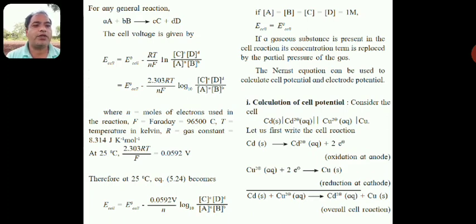Below that, copper is the right-hand side electrode, so that is a reduction. So Cu2+ plus 2 electrons. Electrons are written at the left-hand side of the arrow, that's why there is acceptance of electrons. So Cu2+ plus 2 electrons forms neutral Cu, that is reduction at the cathode. When we write the net cell reaction, we write all the species at the left-hand side of the arrow. So Cd plus Cu2+ plus 2 electrons gives Cd2+ plus Cu plus 2 electrons, but those 2 electrons get cancelled, so the overall cell reaction is Cd plus Cu2+ gives Cd2+